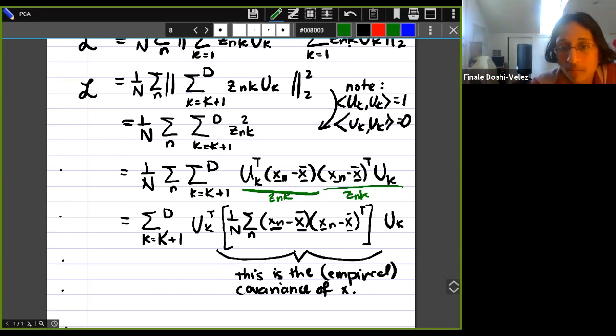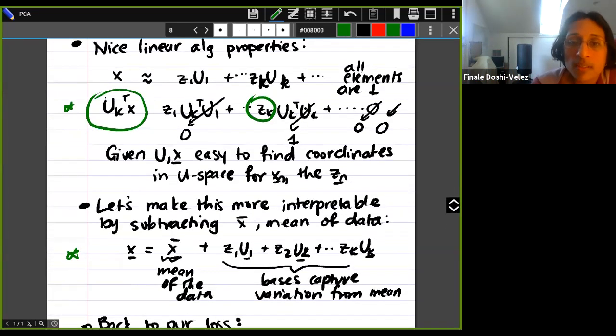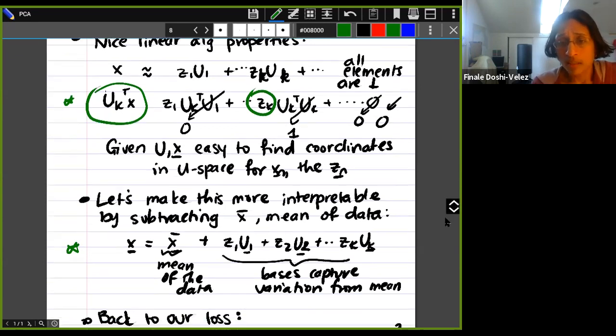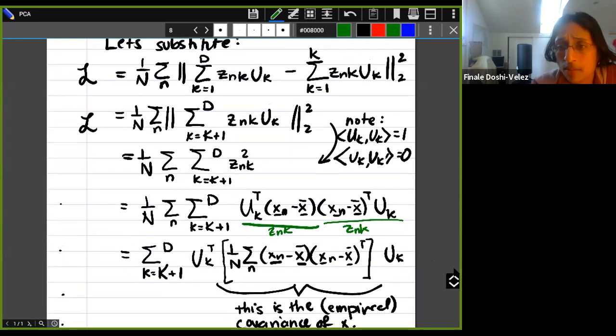And then now that I have this expression, I have to justify why this thing is a Z_k. And that comes from these two facts up here. So the first thing is how to solve for Z_k, just given X and U. We have that Z is equal to U transpose, for the particular kth element, times X. So that is close to what we have here. But the one thing that is different is that this is not U times X, this is U times X minus X bar. And that comes from the second